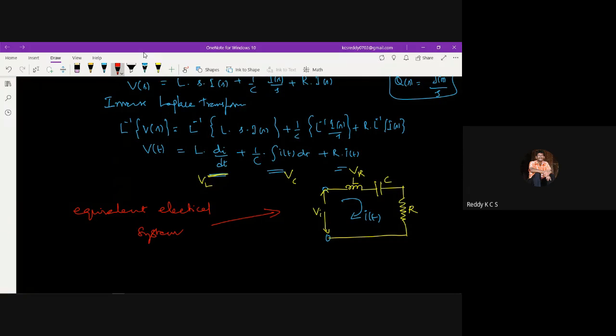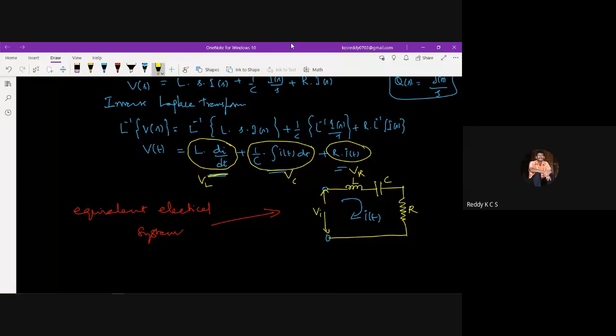What is the physical system? If you look at the beginning of the problem, I gave one spring and one mass which is applied with a force, and that causes a displacement. That physical system is represented as an equivalent electrical system using the force voltage analogy like this. Here, each element represents the inductance, the capacitance, and the resistor. Because the voltages are added, we can use the loop analysis, where the voltages are added.